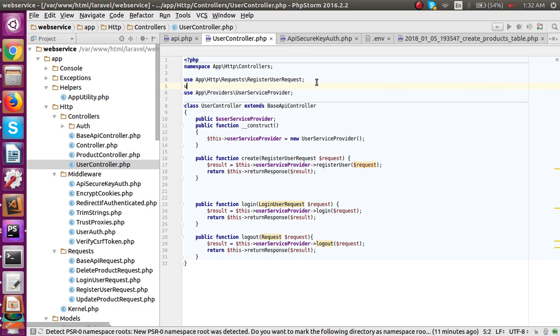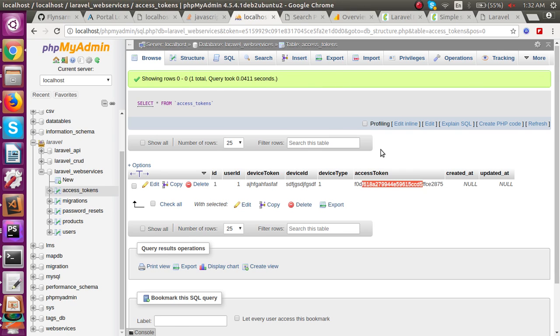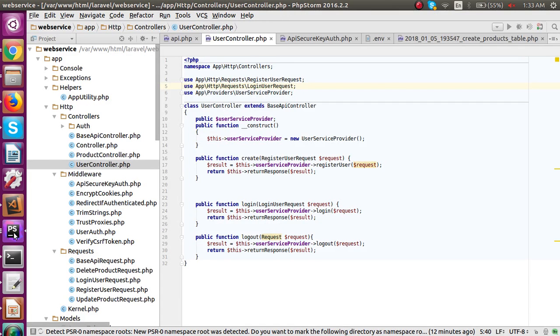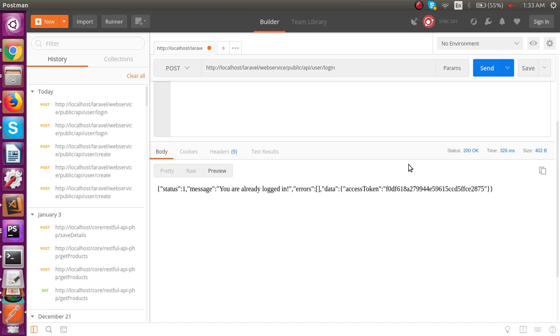Actually we have created use login user request here. Okay, so it will work now. Let me test it. Yes,